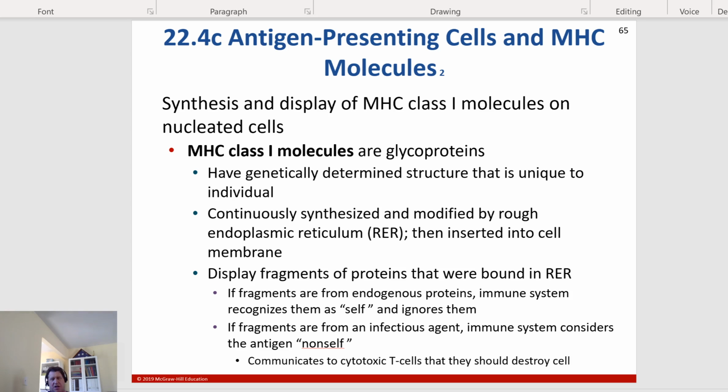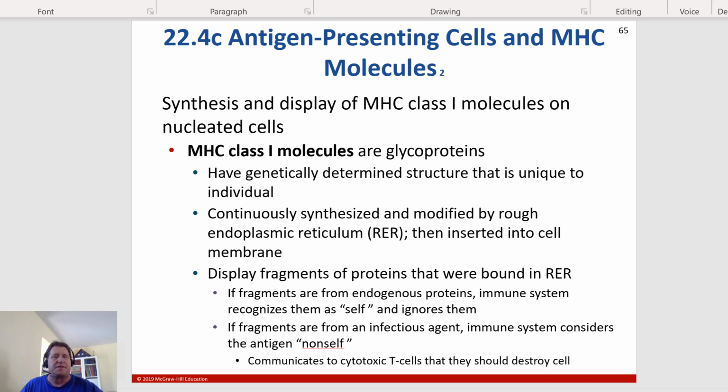It presents proteins that it's busy making. If those proteins are totally normal, everything's fine, leave it alone. If it's a bacterial protein or a viral protein, alarms go off, and it's time to kill that cell, to induce apoptosis,